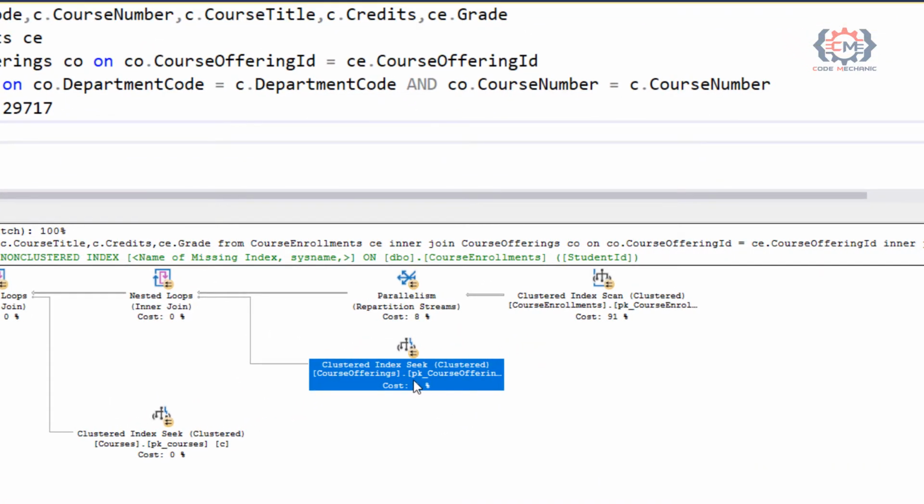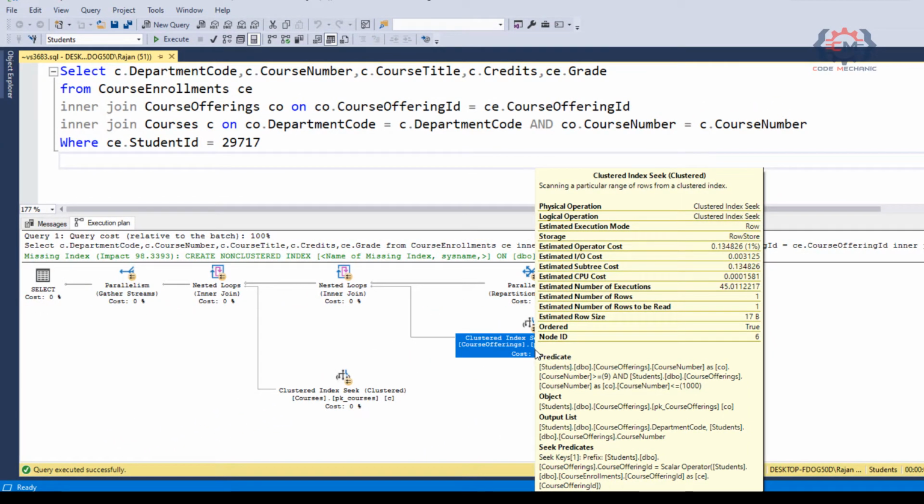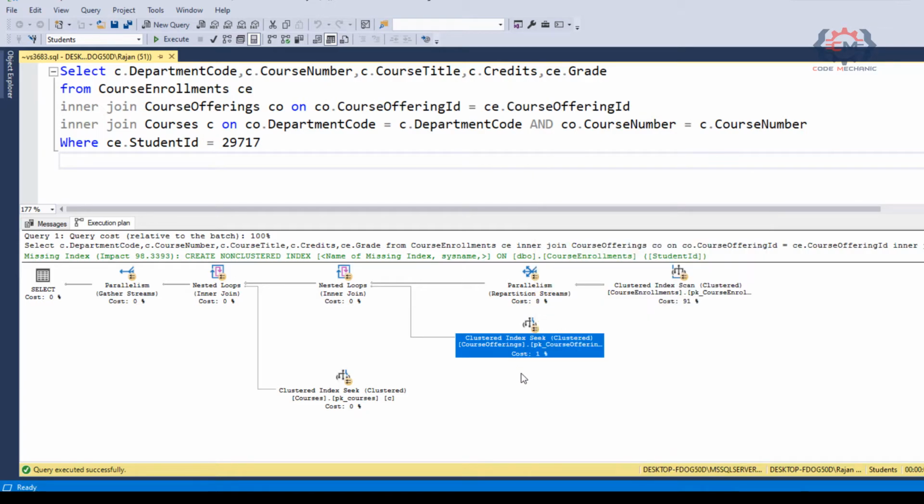And if we mouse over this, both of our cost values are very low for this operation. But basically, what these three operations here are doing together is finding the data it needs in course enrollments and then joining that over to course offerings. So now we have an intermediate data set of those two tables combined.